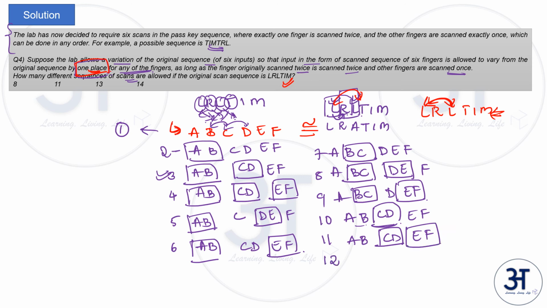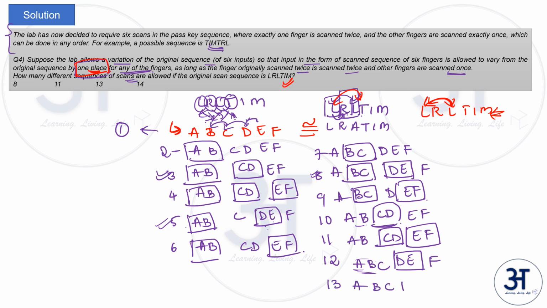Next, coming to the next pair, DE. So DE leaving everything else alone, A, B, C, D, E, F. So the beauty of going methodically is that you know that already the previous cases like pairing A, B or B, C are already taken care of, right? So DE and AB is already taken care of here. DE and BC is already taken care of here. So all the other cases are taken care of. So with DE, this is the only case.